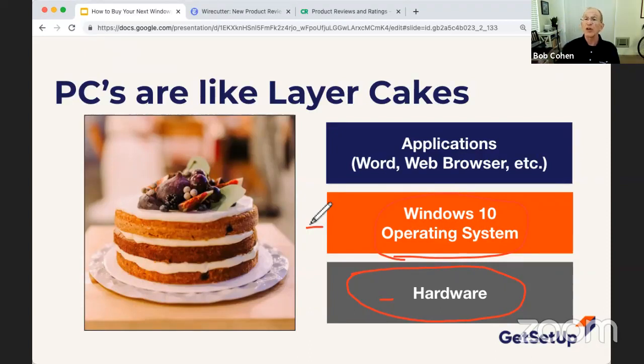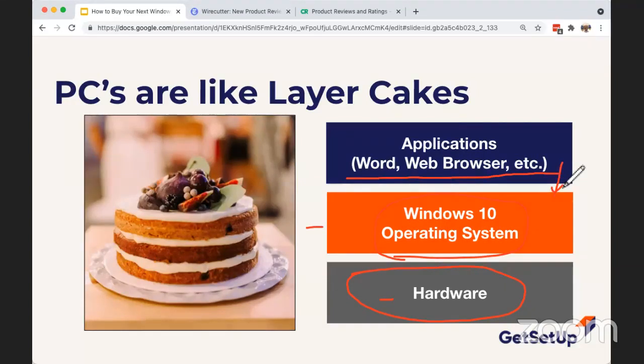And the hardware determines the performance of the system. The operating system makes sure the hardware can do things like start when you power on your computer, or run an application on your computer. So when you get applications, you get them for a specific operating system.